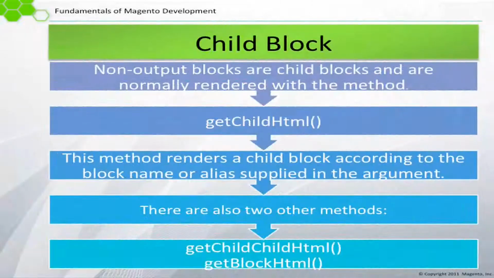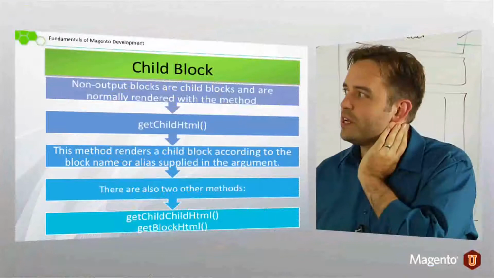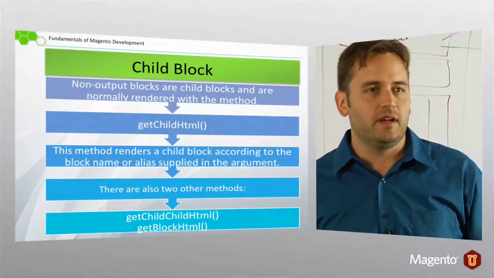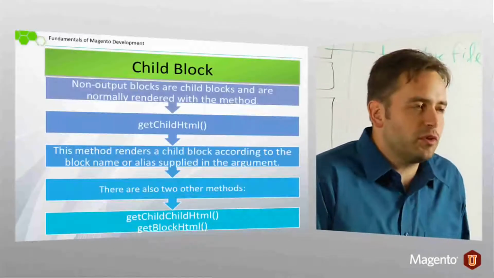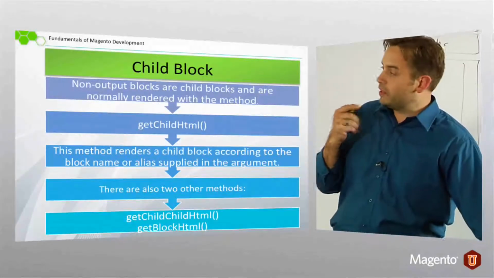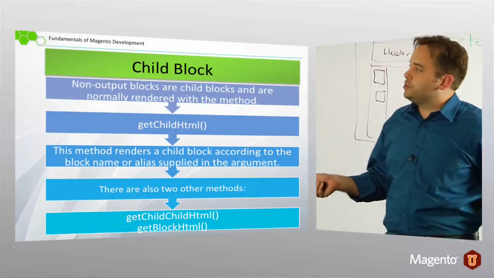All right, so getChildHTML renders child blocks according to the block name or alias supplied in the argument. Well, what does that mean? It's kind of dry. We could specify a string in here, and that string refers to a name that was set at some point, usually in layout XML. More on that later, but just know that